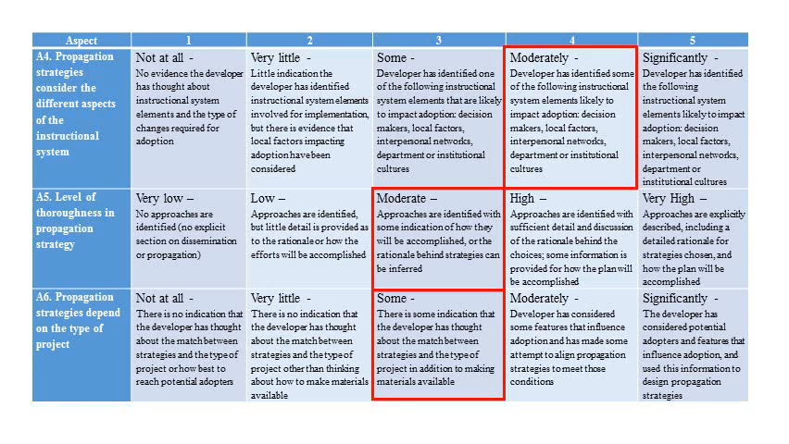And then the last 3 questions take a bit broader look. So A4, we're looking at the different aspects of the instructional system. Have you thought about where your adopters work and the things that are going to influence their decision making? The level of thoroughness, this one may be a little hard the first time or two that you use the rubric, but you'll get a better sense of it as you get more experience, is really thinking about,